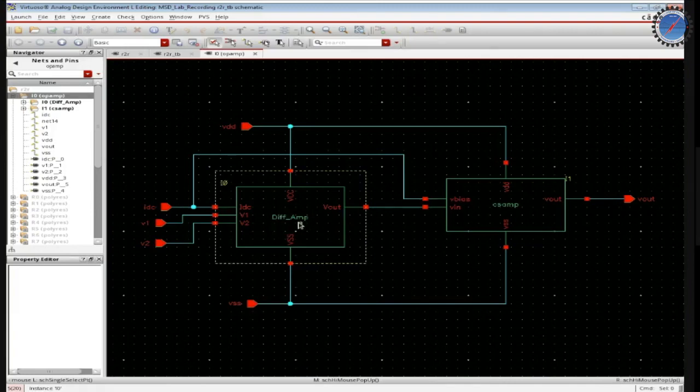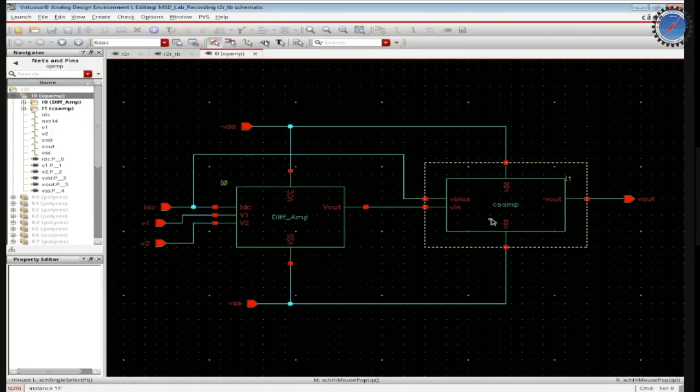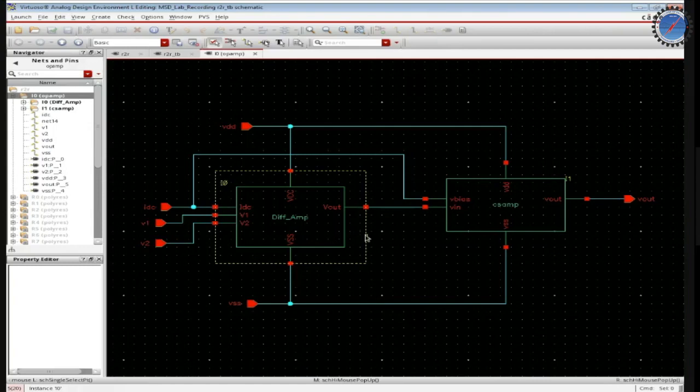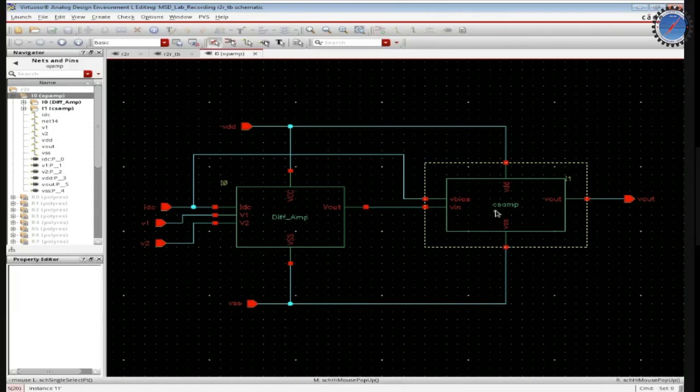You've already studied that in a two-stage op amp, the first stage gives you high gain, and the second stage gives you high output swing, because in a single stage there is a trade-off between the gain and the swing. In the second stage, a simple common source amplifier is used. This is to be designed in a way that it gives us high output swing.